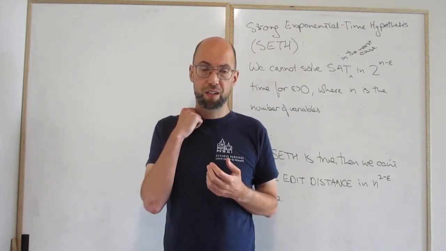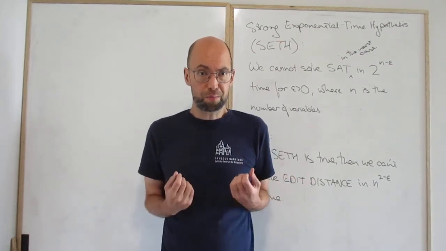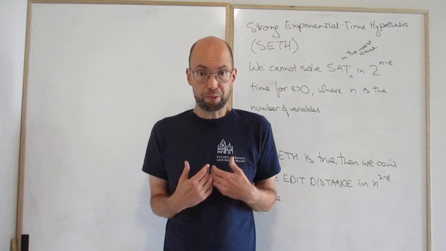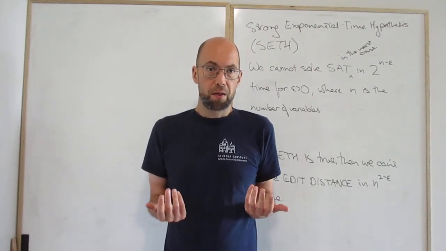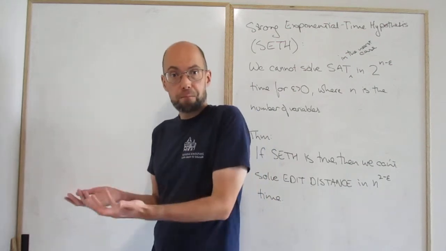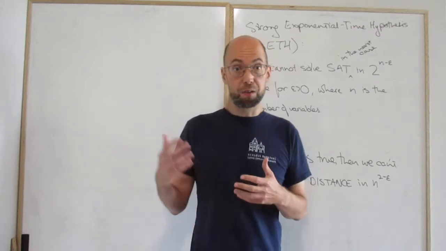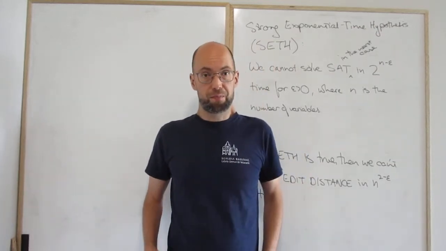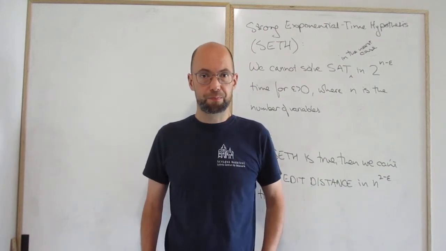Questions? This is kind of cool, because you get lower bounds for problems that we can do in polynomial time, but we would like to do faster, and we prove them on the basis of things we believe about problems we can't do in polynomial time, or at least we think we can't, assuming P is not equal to NP. Okay.